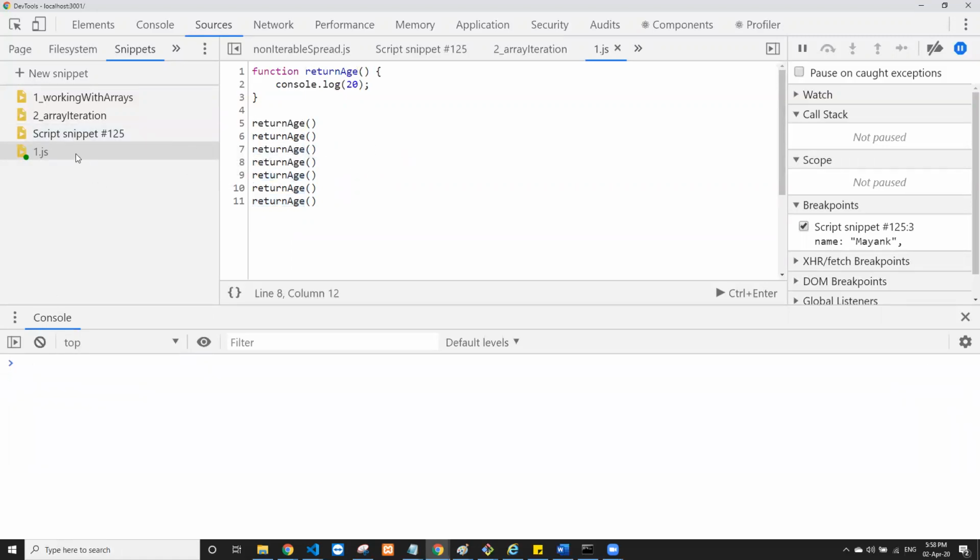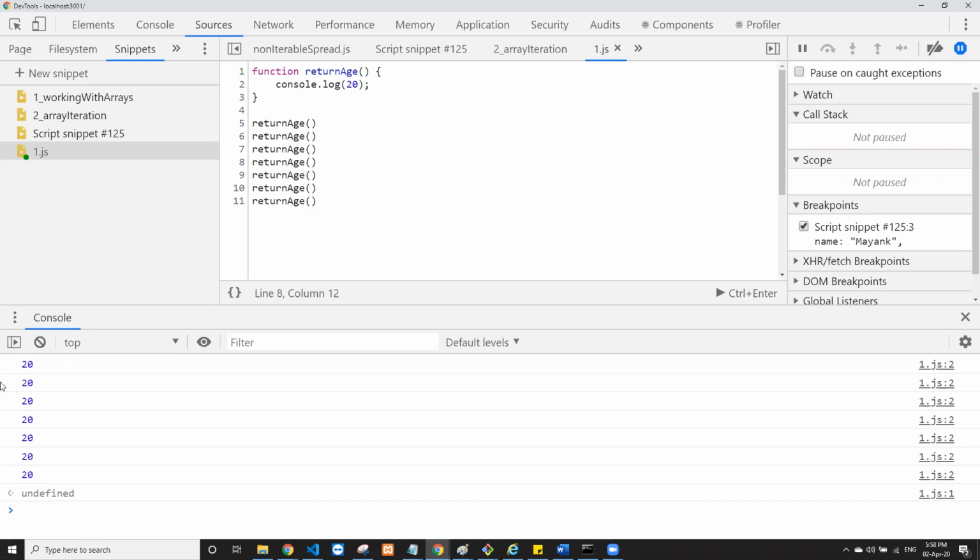I'll remove the previous result and call it, and you can see that when this function got invoked, it gave me the output 20, 7 times. So we ended up creating some syntax which can be reused, and the usage of this syntax is to render something to the user.